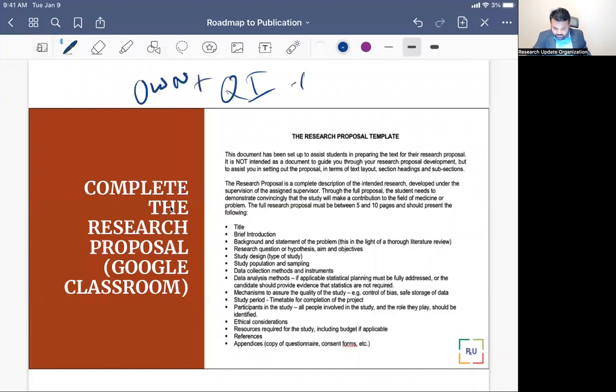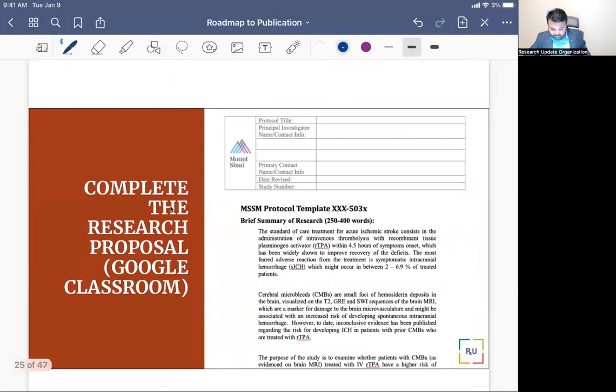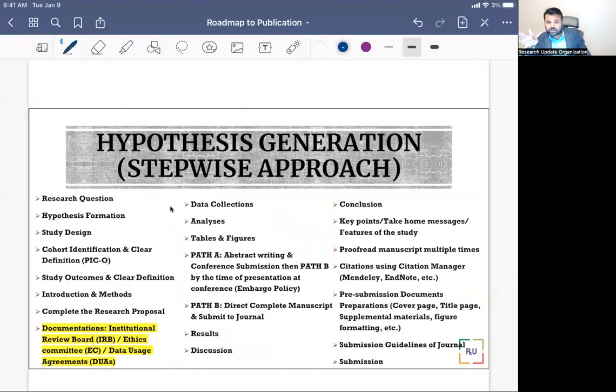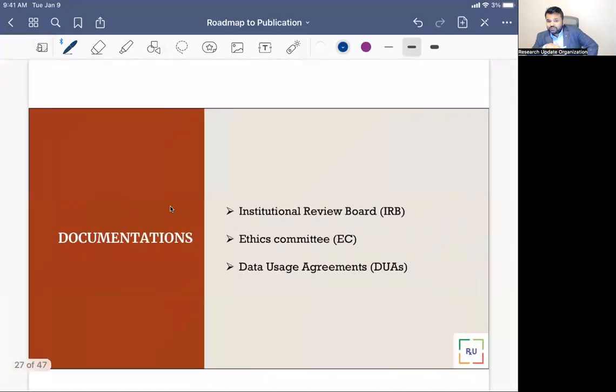for a QI project, which is within the hospital, and a research proposal for a clinical trial. All those, or for grants, all those research proposals are always the same. Some changes here and there are required, and we are going to help you with that as well. This is an example research proposal with a brief summary, and then we make sure it has a full-length document, which is like a template; you fill it up and then you submit it to